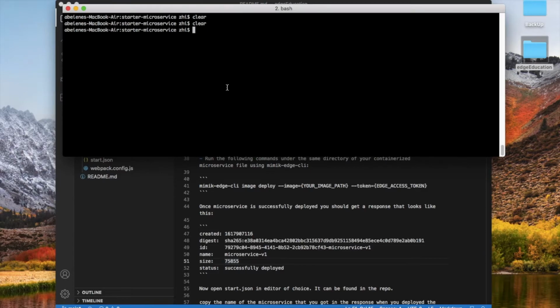So we'll go back to our terminal. We'll clear it out so it's fresh, and we need to get a token again. Unless you have your token already saved, don't worry. We can get it again by just running